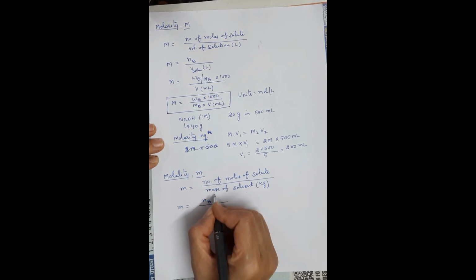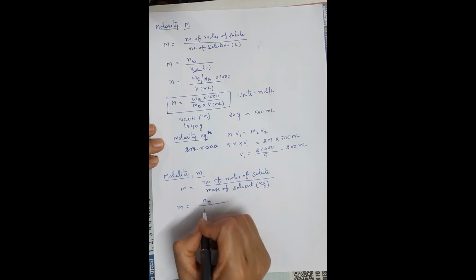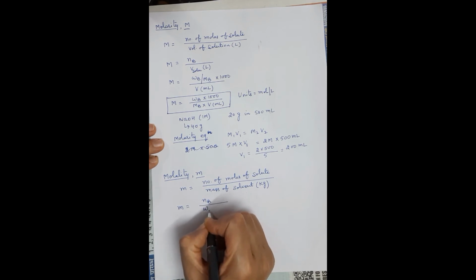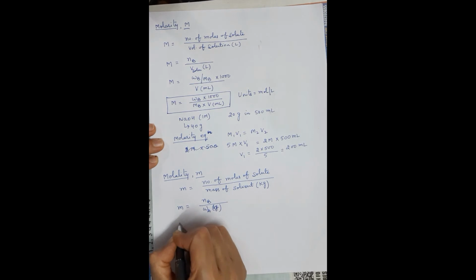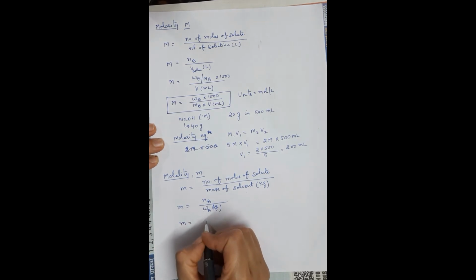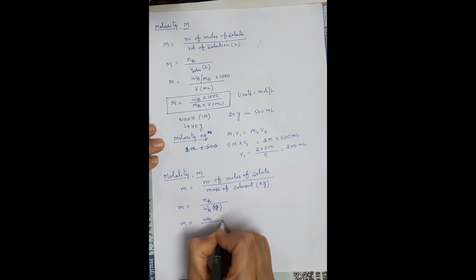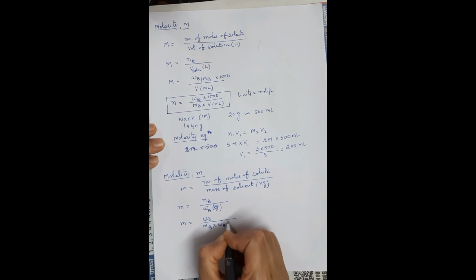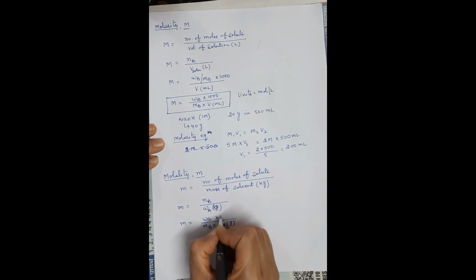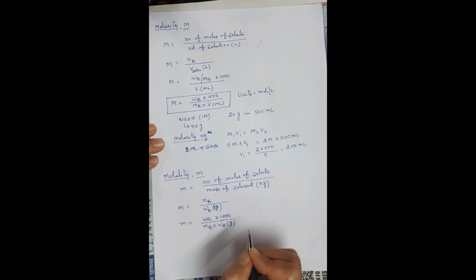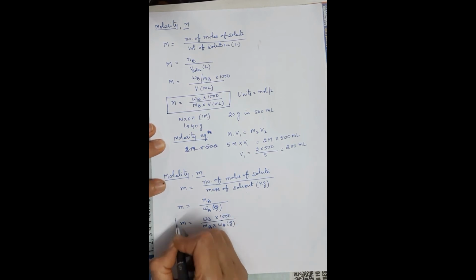Write it mathematically. Molality is number of moles of solute, Nb, as we have done earlier also, divided by mass. It is not the molar mass, it is the given mass. Given mass is written by W and solvent by A. It has to be expressed in kg. Further, you can write molality as number of moles of solute, which is WB upon MB, into WA. Many times in the numerical it is given in grams. Then you need to multiply in the numerator by 1000, and this is your formula for molality.